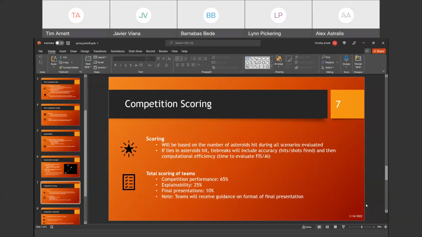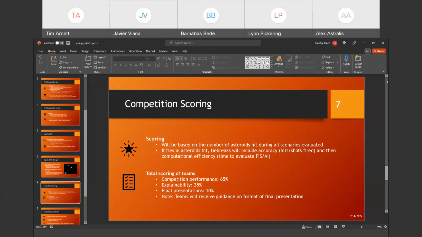And then, if there's still a tie after that, which I don't anticipate happening, but maybe, the next tiebreaker is computational efficiency. That is simply the average time to evaluate your FIS, or FISs, I should say, throughout its runs. And so that will determine the total score.